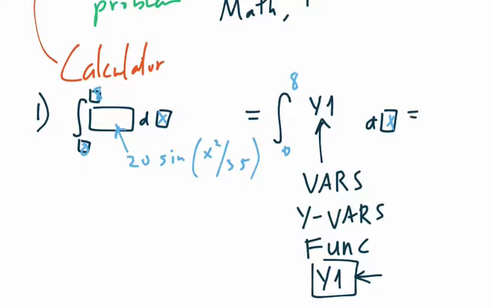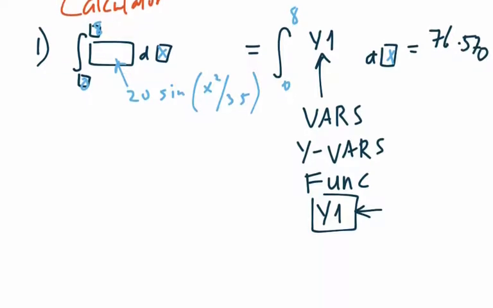So when you hit enter, you should get the answer, and the answer should be 76.570. Alright, I said there was another option that you might get on the TI-84 or 84 family calculator,